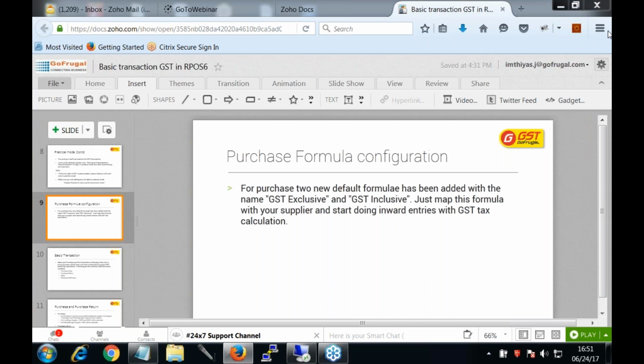The purchase formula configuration is for all businesses, not only supermarkets. It is applicable for food and beverages, restaurants and everything. This is not a new thing, as we have already used it in the VAT. In live mode also, the purchase formula is the same for the VAT. We have just included GST in the purchase formula. The purchase formula configuration, loading of the purchase formula and the tax config are similar to what we are currently using for the VAT.